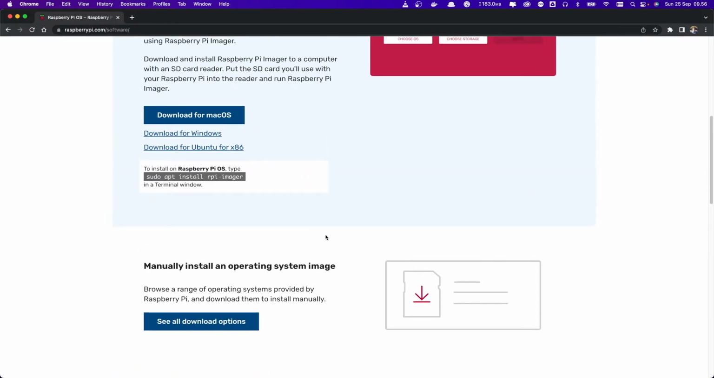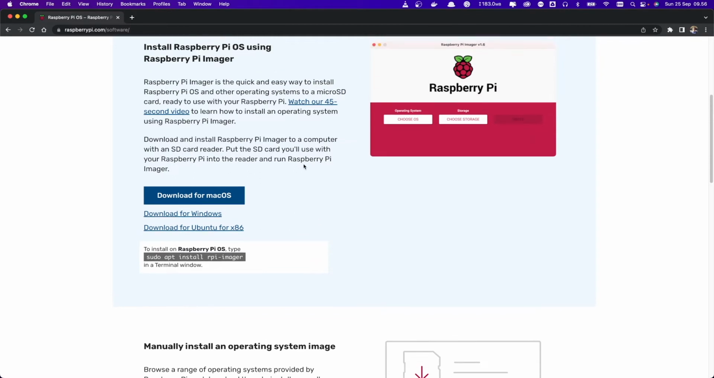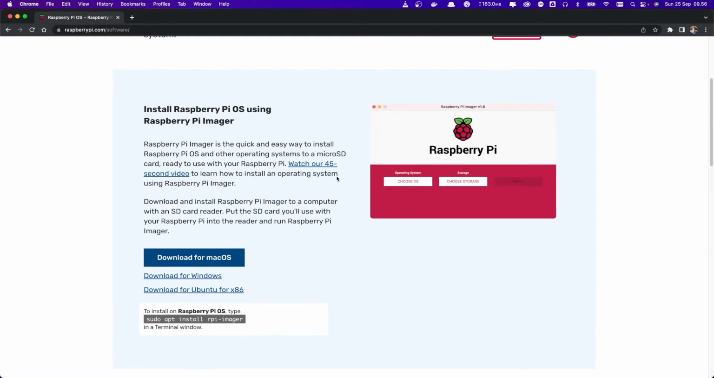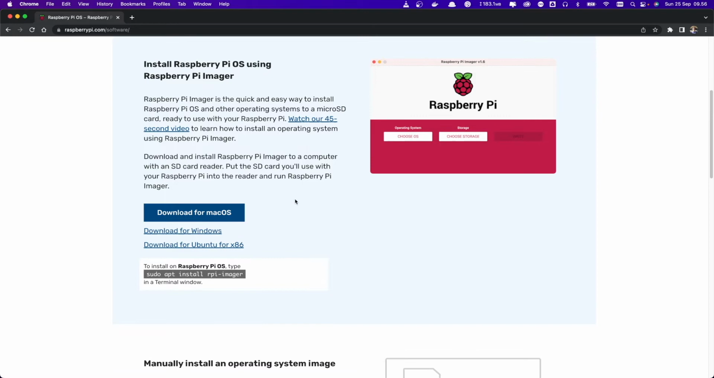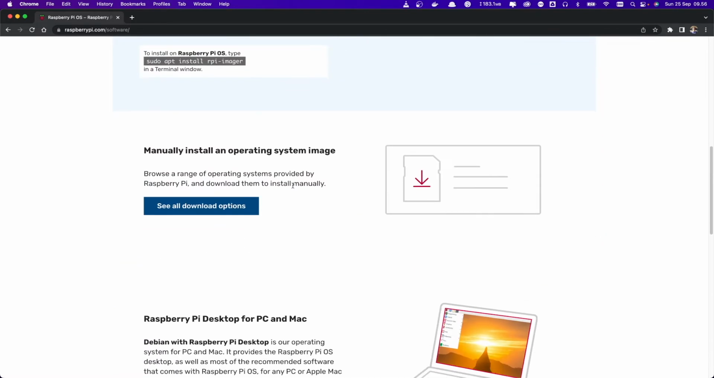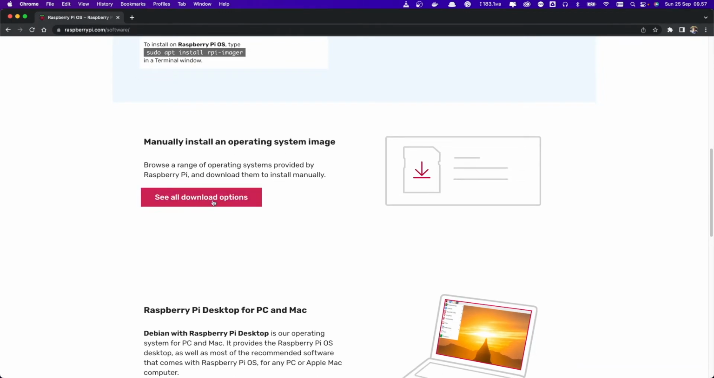I prefer to download it myself. Actually, we can download automatically in here. I mean, in the Raspberry Pi imager, we can download directly here. If your internet connection is good enough, it's fine to do that. But if your internet connection is not good enough, I prefer you download through here. Just scroll down and then you will see this page, see all download options. You can click this button